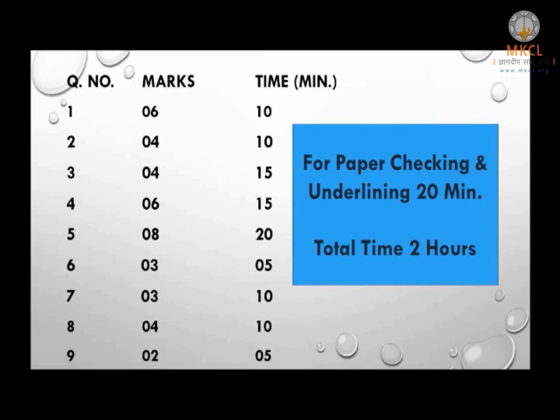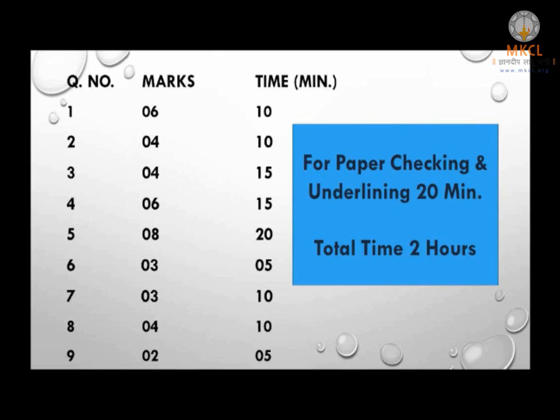And I would request you to solve at least one extra answer over there, so that if one answer goes wrong, your marks are not disturbed. You get 3 on 3 in this answer. Question number 8 has 4 marks and you can devote 10 minutes because it is true or false and you are writing reasons. So very systematically, with a cool, stable mind, you write your answers.